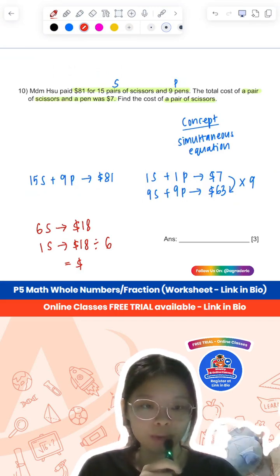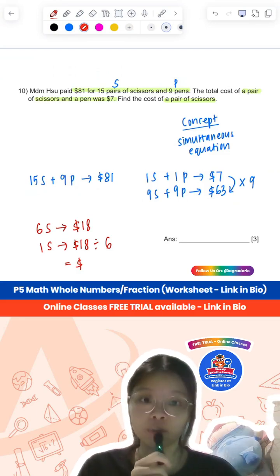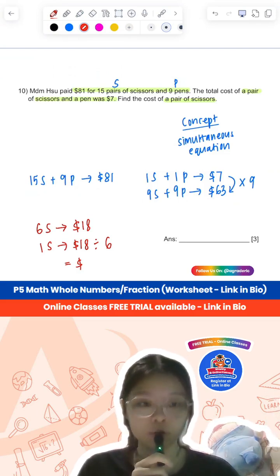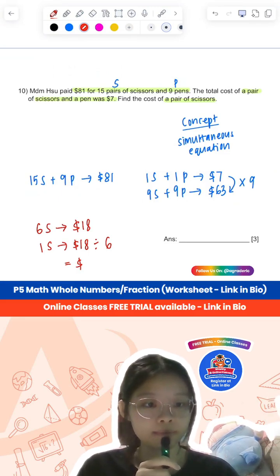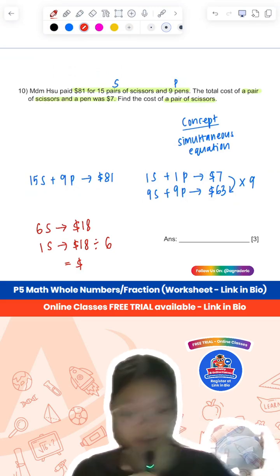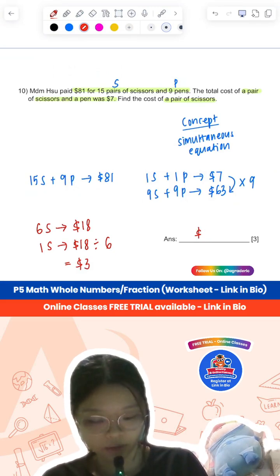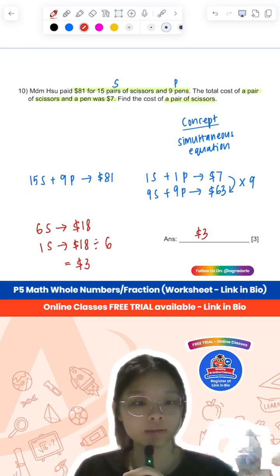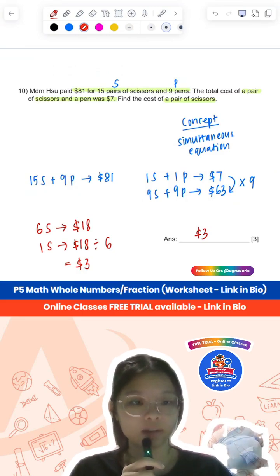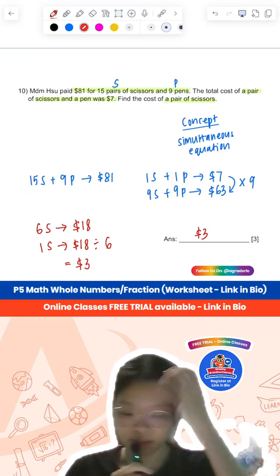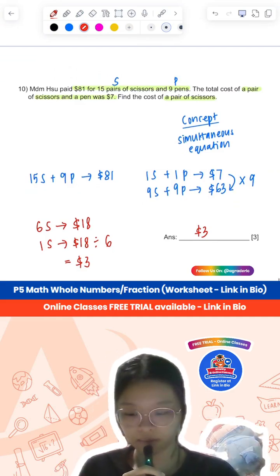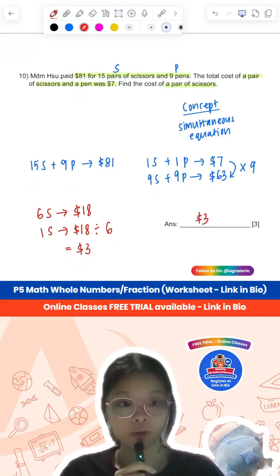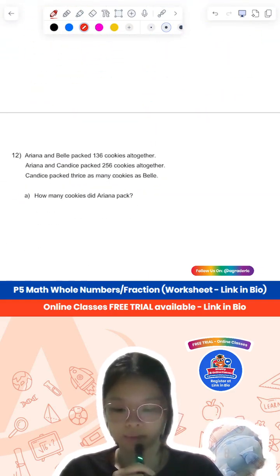Oh, Sushi Monster says you did it the same way. So you are doing the same concept, but in your school, it's called set theory. Okay, so $3. Yes, you find the 9 sets. That's why it's called set theory. I see, interesting name. Okay, so question 10, $3. Okay, now we can move on to...